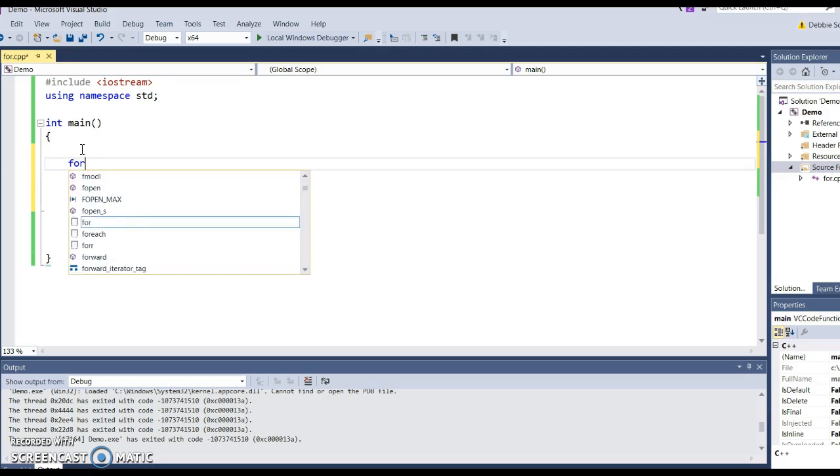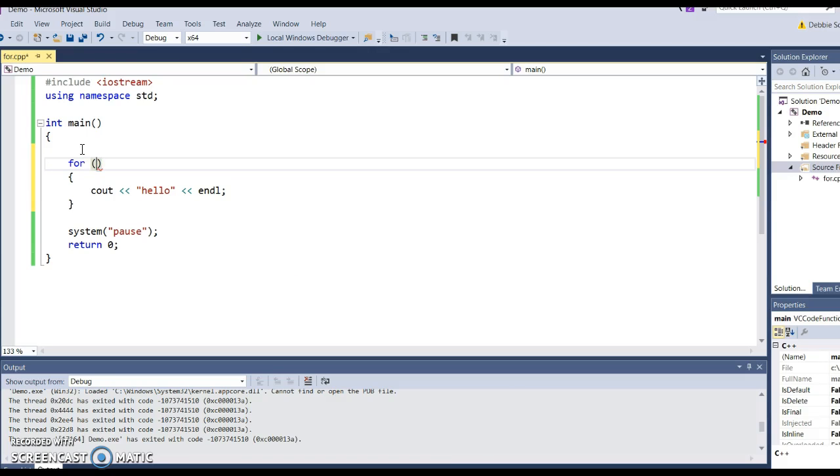With a for loop, we start with the reserved word for, and then we have parentheses, and 3 things go inside the parentheses. We start off with an initialization statement, and we have to pick a name for our counter. You could call it count, or C, which is short for count. The counter is going to be an integer here, so I could call it I. I'm just going to create a counter, and it's going to start at 1. The next is the condition that gets checked to see if the loop should continue or not. So I'm going to continue while my counter is less than or equal to 5,